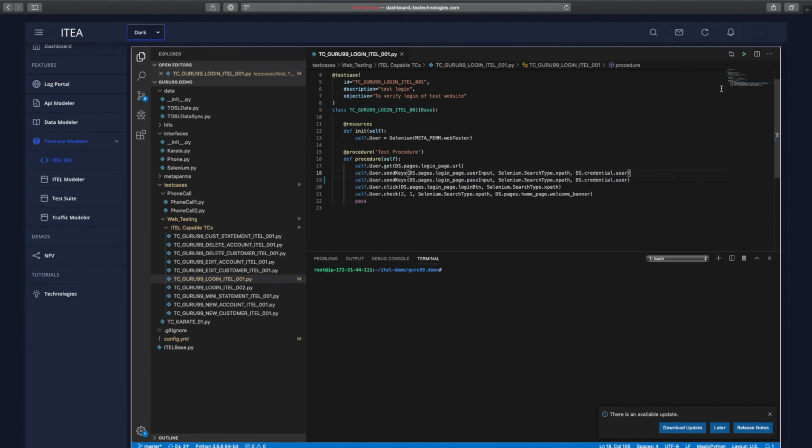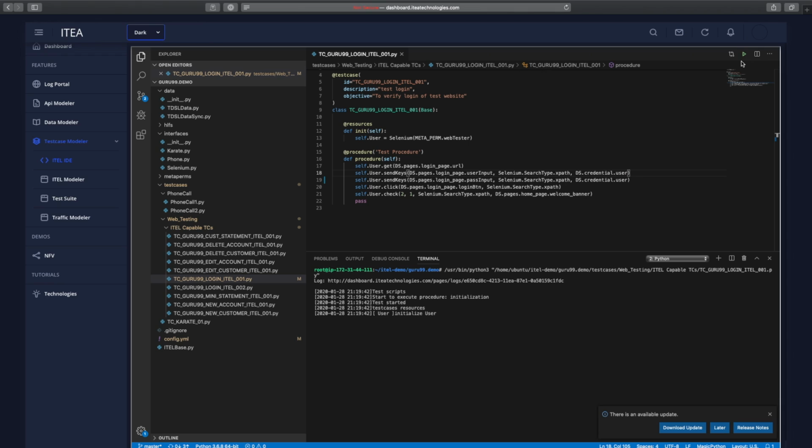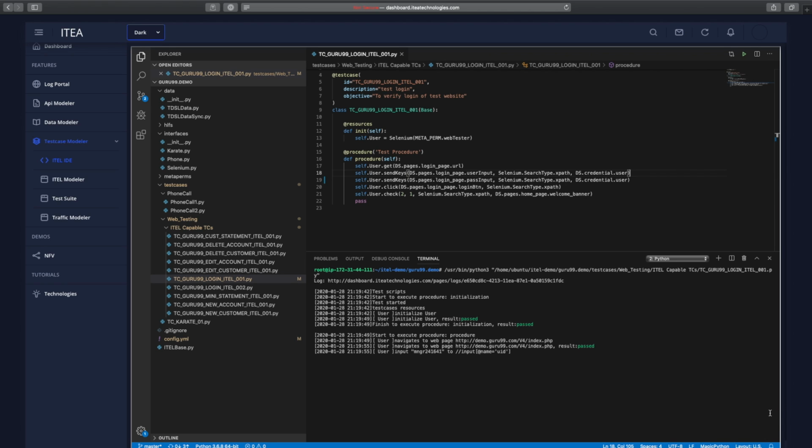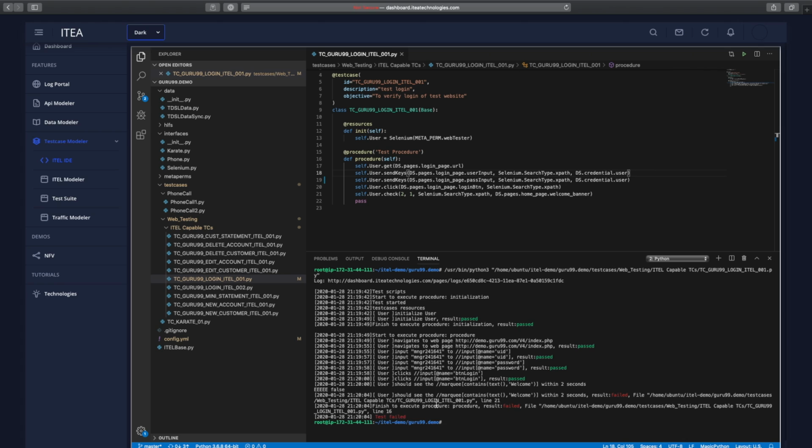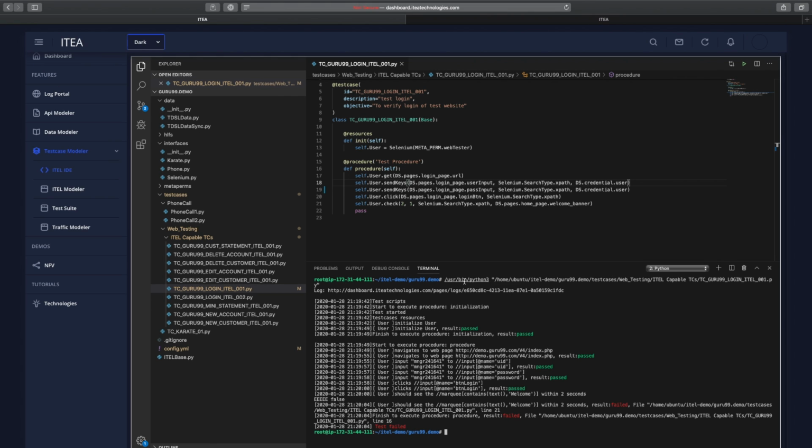So let me run this test case first. We're running it from inside the IDE. This is the individual execution. And we will see that once it gets to logging in, it will fail. And here's the failure. So if I click on this link right here, it will take me to the log